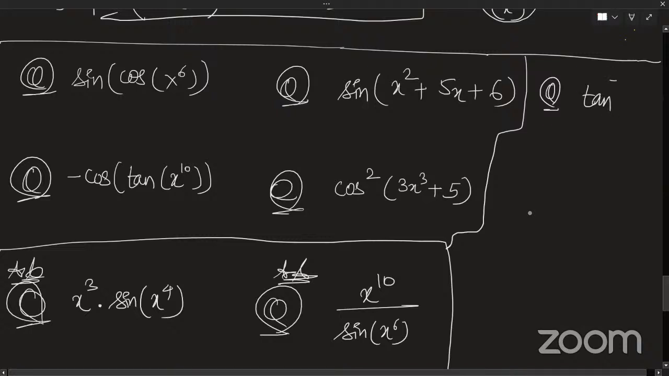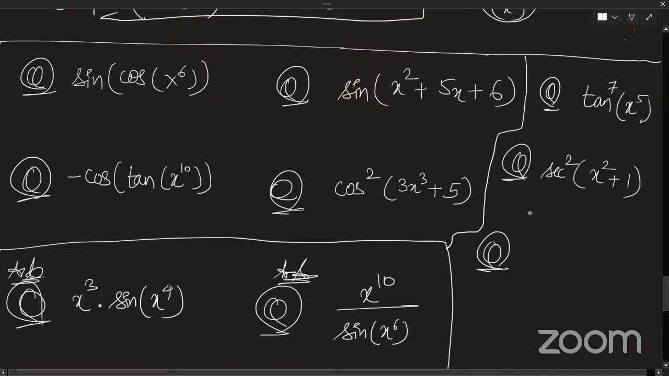So tan raised to power 7x divided by, okay, not divide. Let's not divide it. It will be tricky. So tan to the power 7 of x to the power 5. Okay. Then we have secant square of x to the power square plus 1. Okay. Then we have